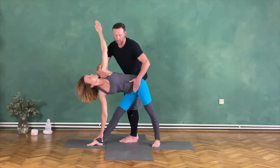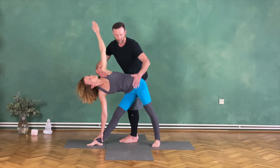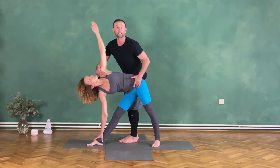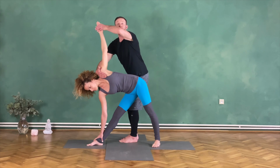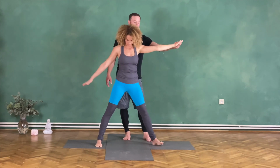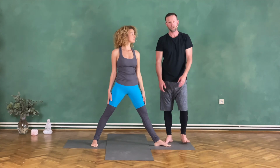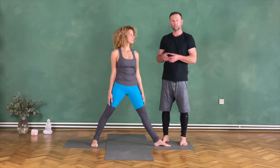Again, changing the hand, saying, draw the ribs in. One finger. 4, next exhale, look down, find your balance. Change your hand, grab her fingertips, and inhale, come out. Exhale, change sides for the left side. So this is the most effective adjustment for Utthita Trikonasana,